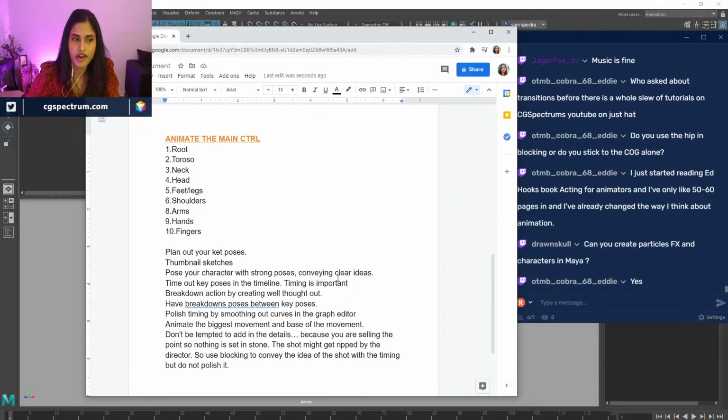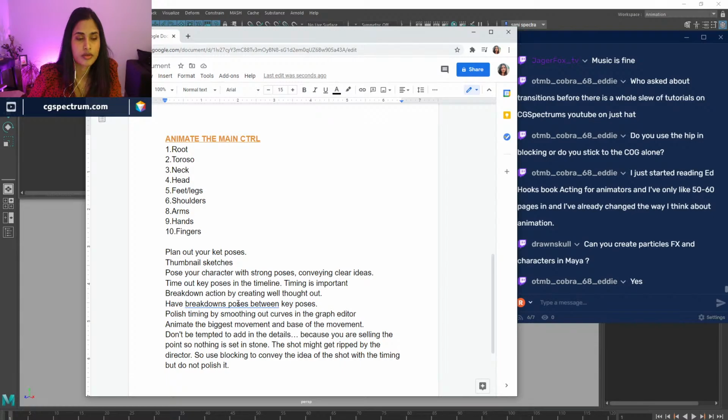Timing is very important, especially for pose-to-pose animators. When they do the keys and then change it to spline, everything looks swimmy and kind of slow-mo going from pose to pose. So you need to understand, how am I holding that pose? Am I having my breakdowns or in-betweens in there to get that movement right on time?